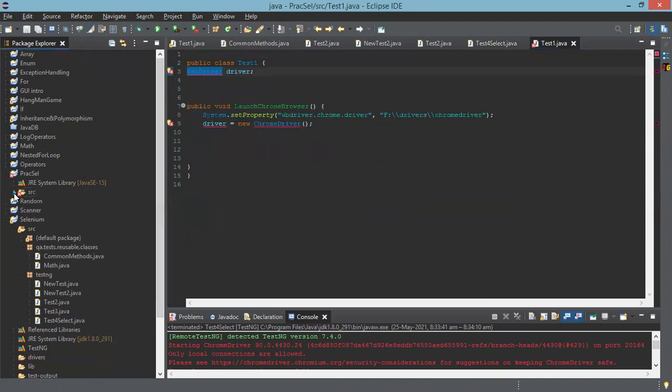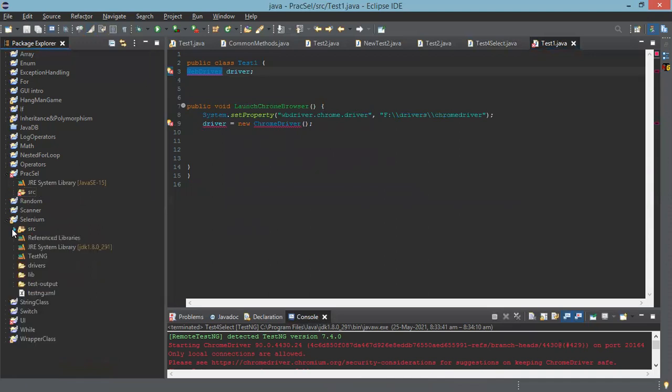In your Selenium project, you can see the JRE. Above that you have something called reference library. You are not having them, so you have to do it.